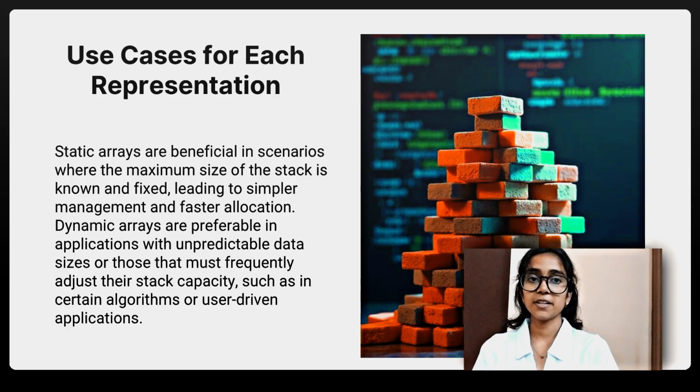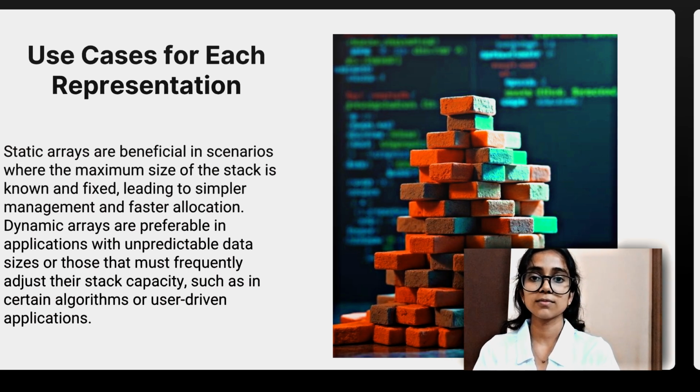Static arrays are beneficial in scenarios where the maximum size of the stack is known and fixed, leading to simpler management and faster allocation. Dynamic arrays are preferable in applications with unpredictable data sizes or those that must frequently adjust their stack capacity, such as in certain algorithms or user driven applications.